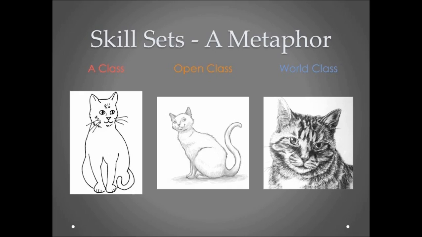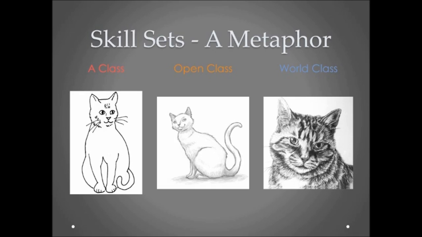What they're going to need is their art teacher, who's basically going to be their evaluator and their adjudicator here, to give them different kinds of feedback. A-class cat needs a different kind of feedback to progress to the next level than world-class cat is going to need. So we want the adjudicators and the evaluators, both for these cats and also for the activity, to be talking about different things within each one of these skill sets, and we want different sets of expectations applied to each one of these. So this is a very simplistic example.